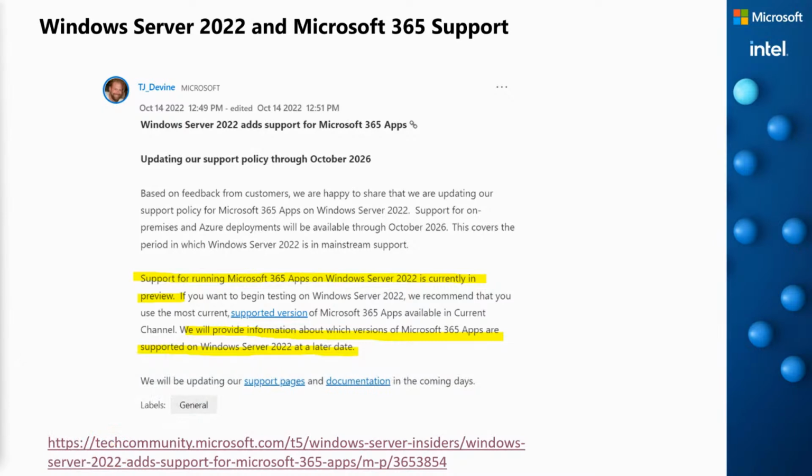because Microsoft always says, if you have issues or if you want other things in the products, please give feedback. There are several feedback platforms for Microsoft. And many customers gave feedback about the Microsoft 365 apps in Windows Server.